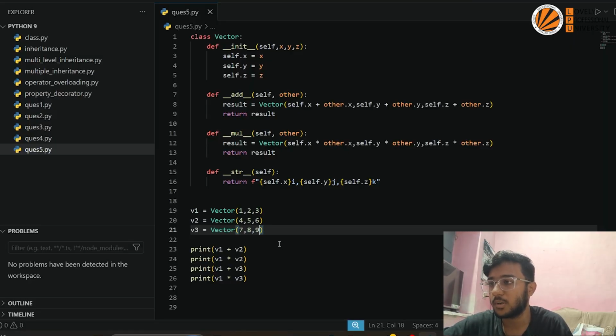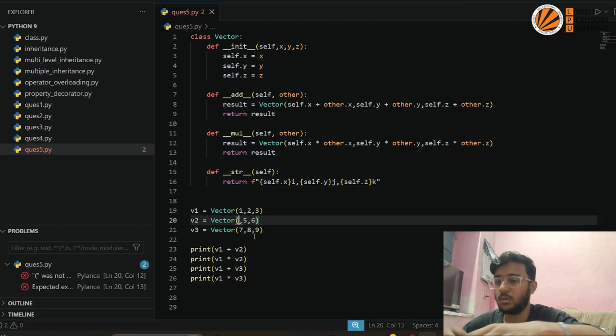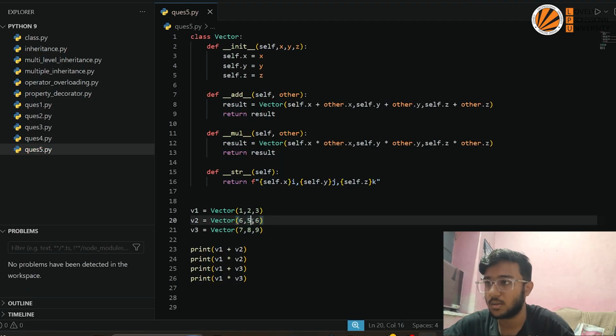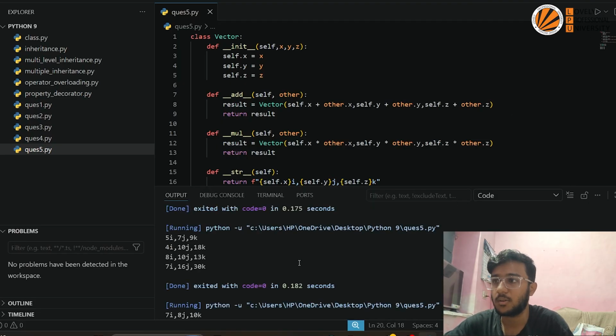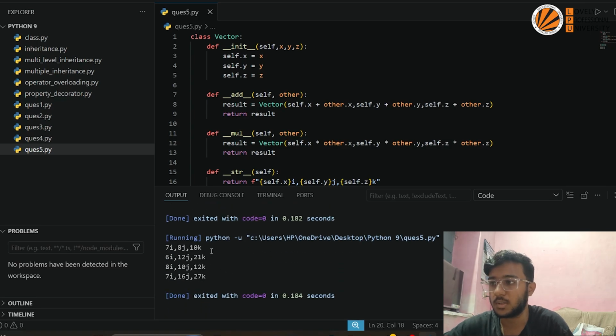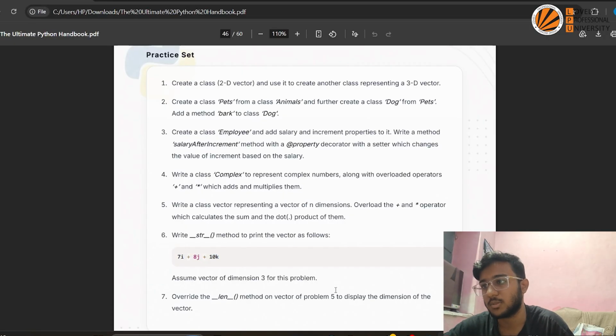If I go for addition only, to make 7 8 and 10 we have to make it 6, let's make this one also 6, and for this I will make it 7. Now that is printed. Now here as you can see 7 8 and 10 is getting printed here. That is how you can do that question as well. Now let's move ahead to our last question, and we will